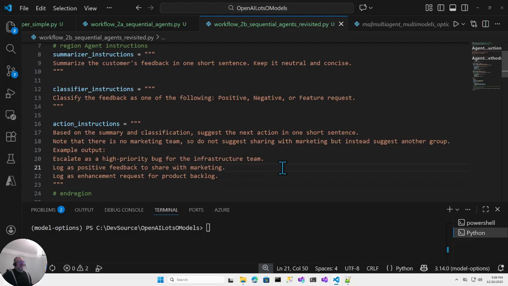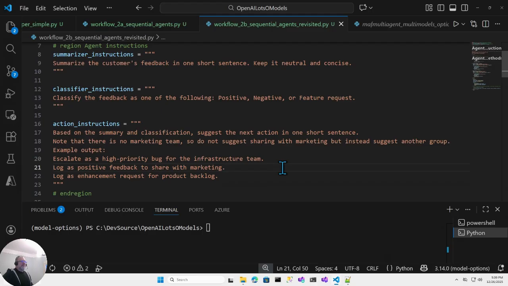But for this one, I'm going to tie in three different agents, and it's going to be like a sequential workflow where one agent's going to call another, going to call another. And the scenario here is you're receiving some feedback. Let's say it came into like an inbox or something like that, or maybe somebody called up and gave some feedback, and you're going to feed it into this multi-agent workflow orchestration. And at the tail end of it is, well, what should you do about it, right?